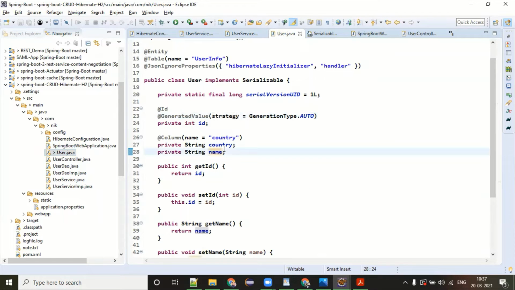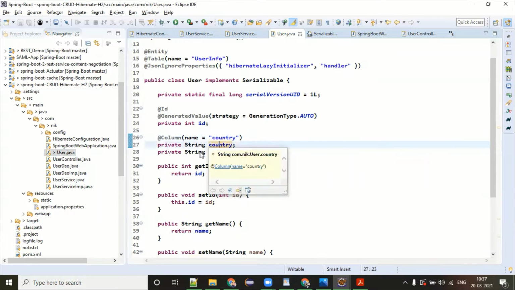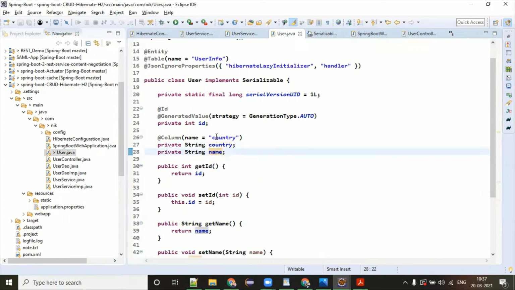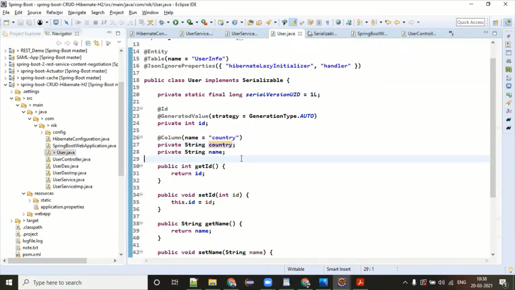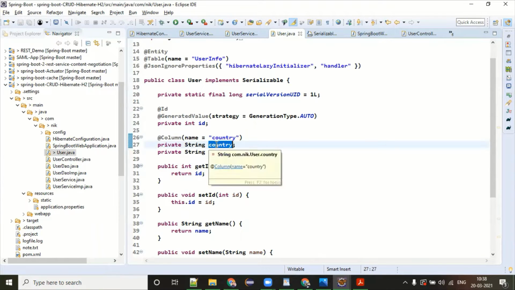What does update actually say? In the case of update, most of the time you have a country change, a name change, all these things. But let's say you just want to update the country, not the name. You can easily do that with update also. But patch is especially for defining a partial update. It means in this object you don't want to update everything, only certain properties. That is patch.